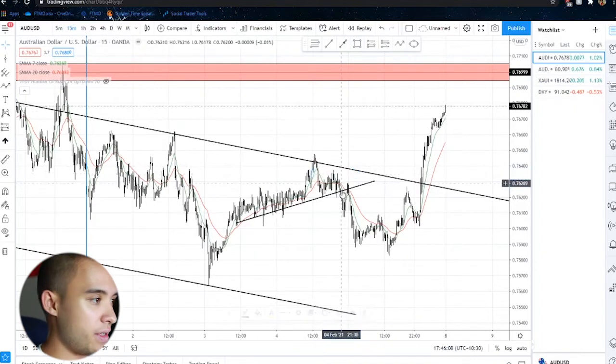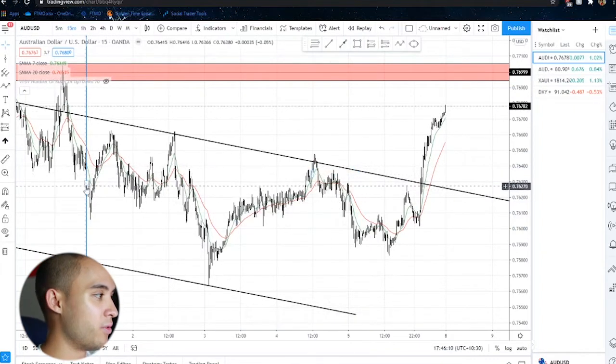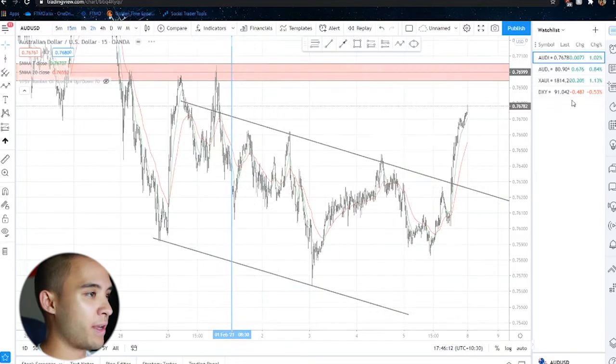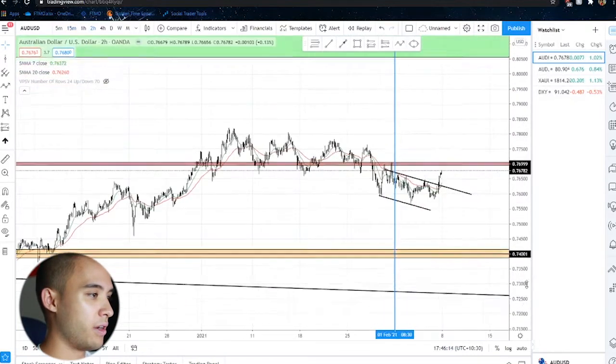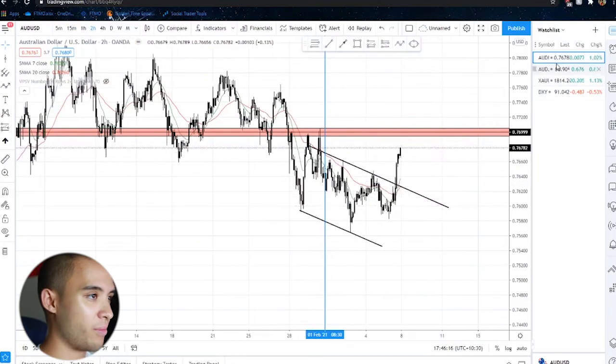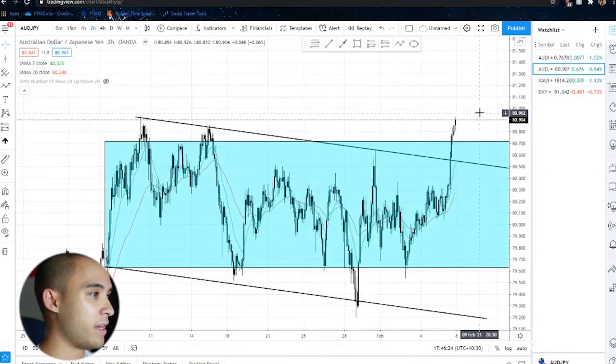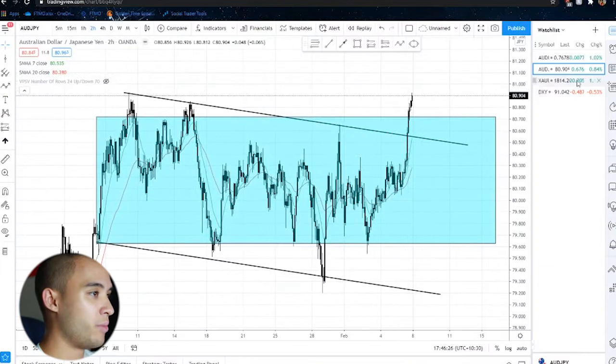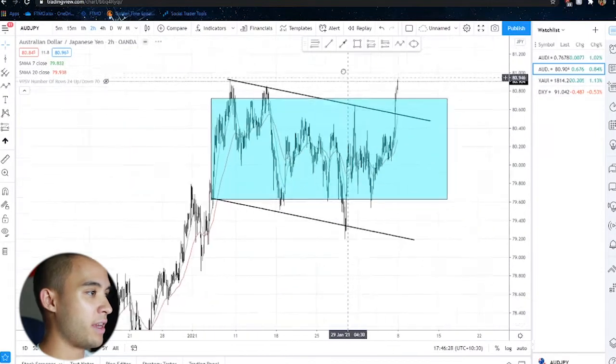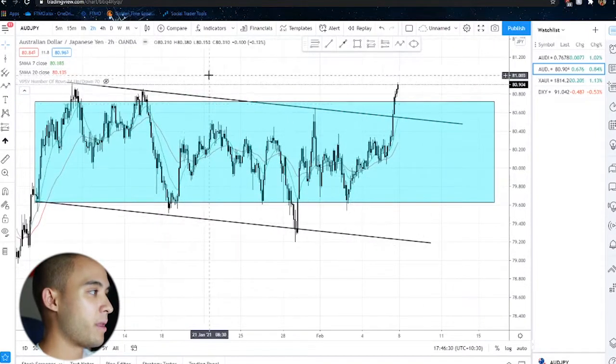Now we don't need this anymore. So I'll explain to you guys what I think about the correlating pairs. I haven't talked about this in a video yet, so I'll quickly get into it. But first, AJ. So the Aussie yen, pretty much as I was explaining in my FTMO Let's Go, price was